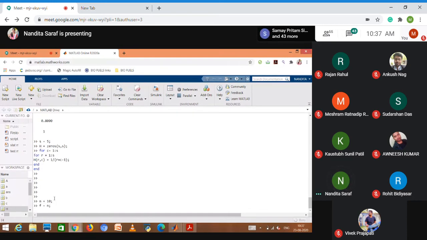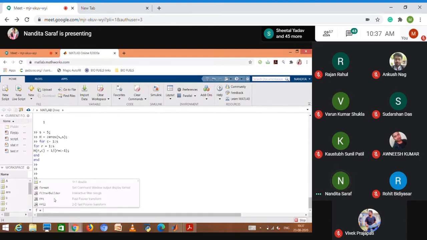I'll start my loop: while n is greater than 1, n equal to n minus 1, f equal to f into n.